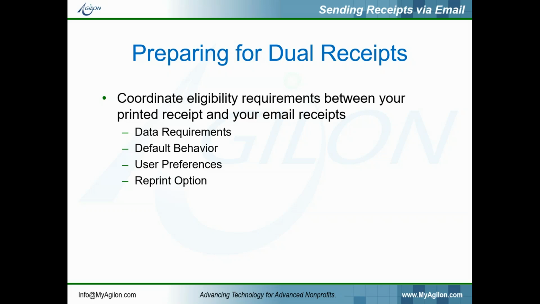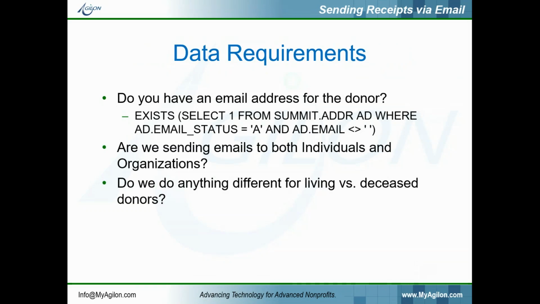So we're going to look at a couple of the questions that you'll need to think about before you can decide if you're going to do an email process. We need to think about the data requirements, the default behavior, user preferences for letting a donor decide which of those two options they'd like, and then providing an option for reprints. There's always a little bit of flexibility when it comes to setting these up as to where the information might be stored,